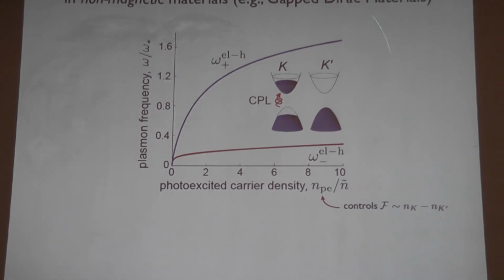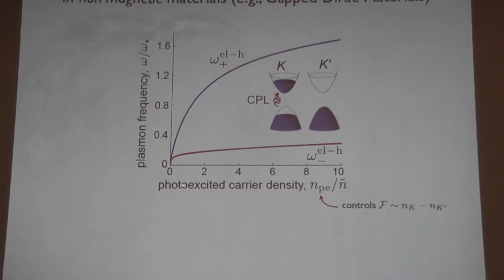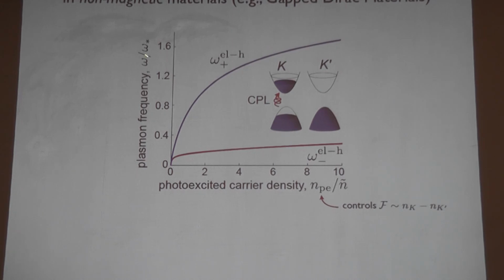So I actually show you a calculation here, right? This is just the photoexcited carrier density inside each of these K or K prime valleys, right? And as you can see, this gap is quite large, as compared to